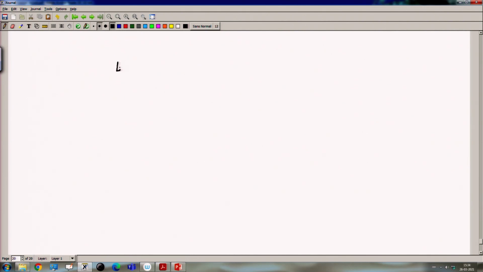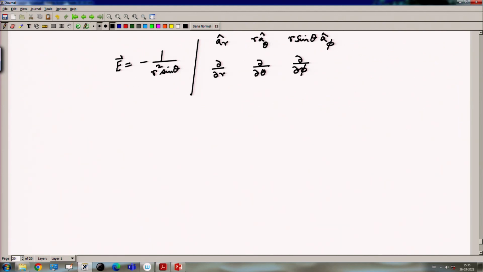So, the electric field will be equal to 1 by r square sin theta times the determinant with rows a r, r a theta, r sin theta a phi; del del r, del del theta, del del phi; and f z cos theta, minus r f z sin theta, 0,